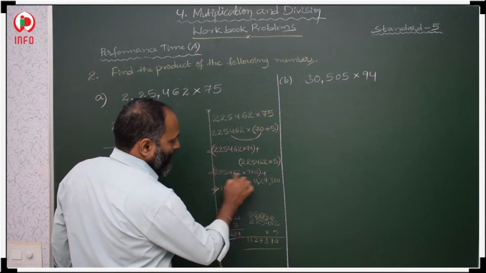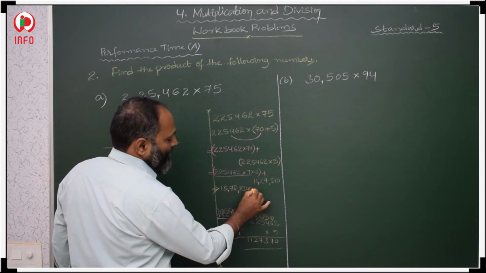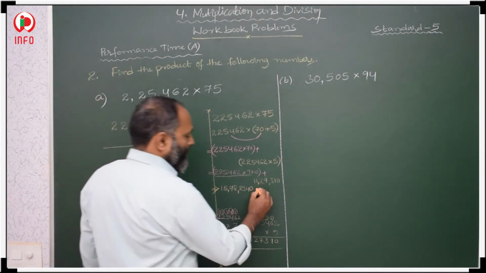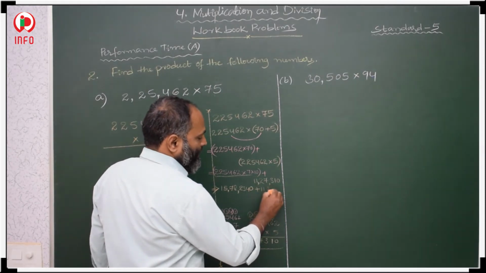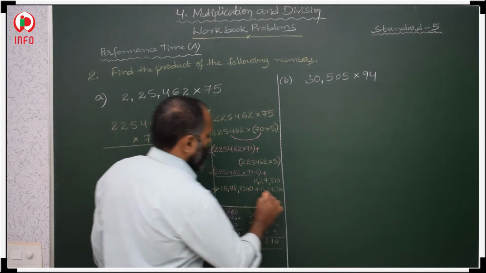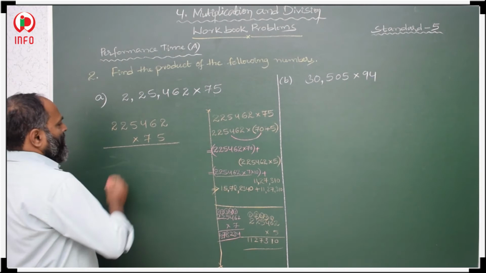78,234. This still here to here the product is. Into 10 is there. Into 10 means 10 we have to keep in the product. And plus 11 lakhs 27,310. Then that we have to write here. So this complete